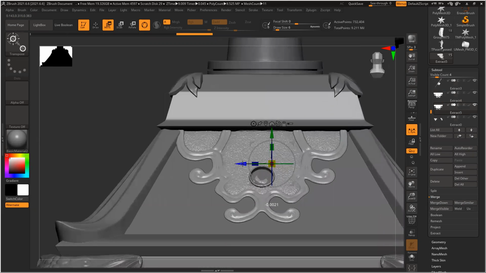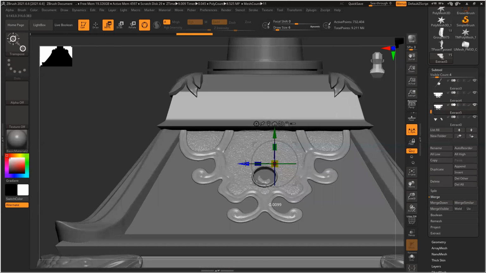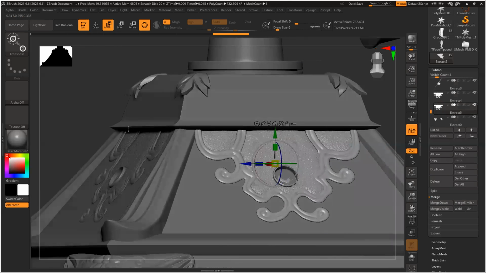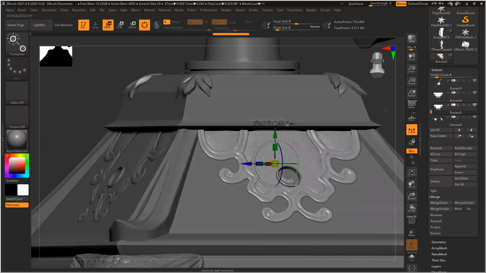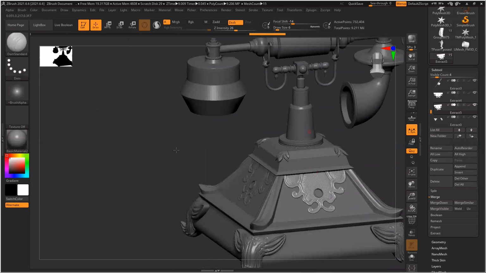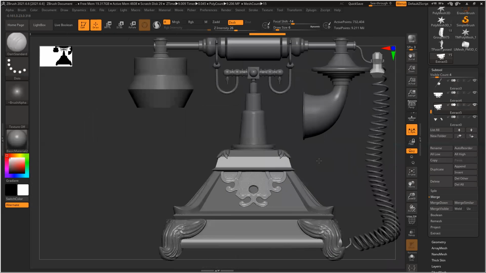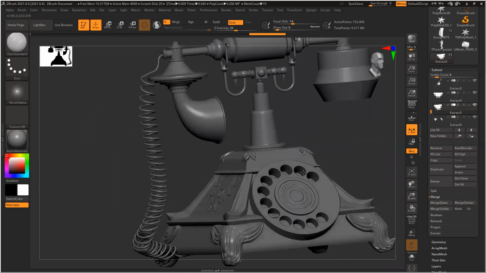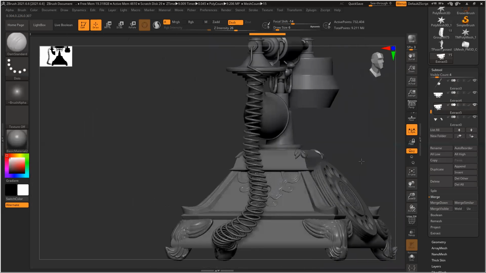I can see it's not in perfect center, and push it inside slightly. Perfect. So all these designs, everything is ready.